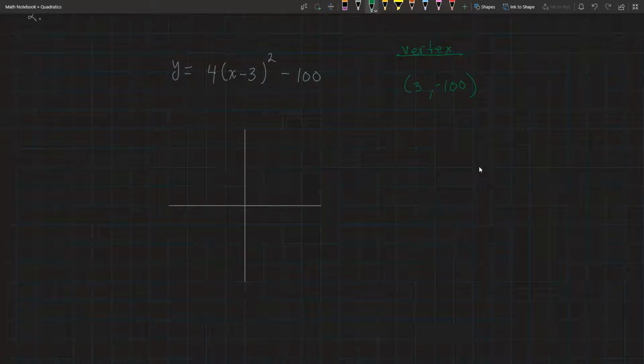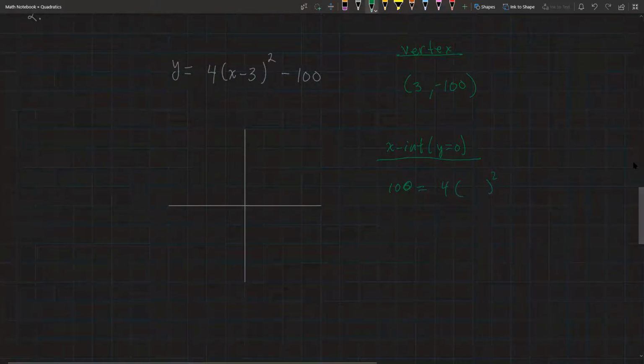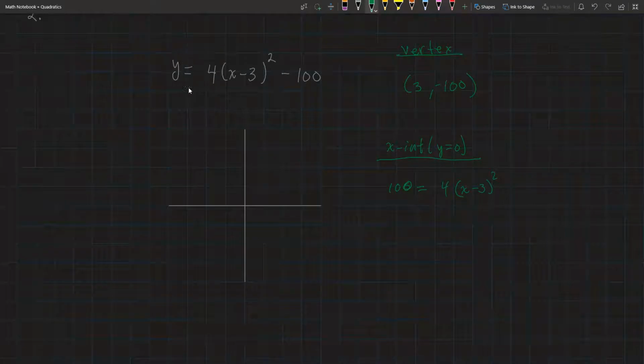All right, next, in whatever order you want, I would probably start with x-intercept. So x-intercept, what do we know about all the x-intercepts? Is when the y value is 0. So therefore, we would get this equation, all right? Take your time if you need to, but I'm going to go to this step. 100 equal to, not 106, 100 equal to 4 times something squared. What's the something inside? It's a x minus 3 term. Notice that I went from this equation by adding the 100 to both sides once this was a 0,